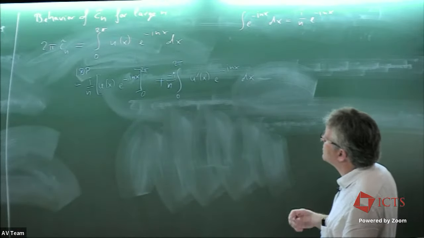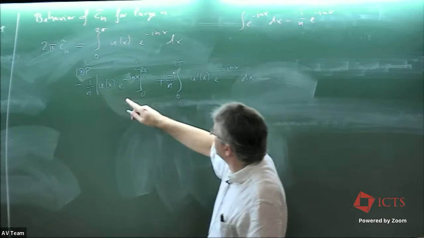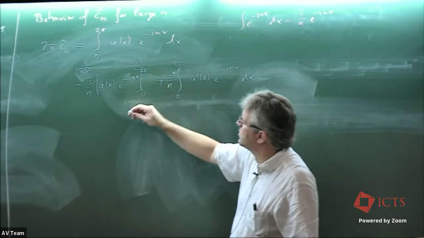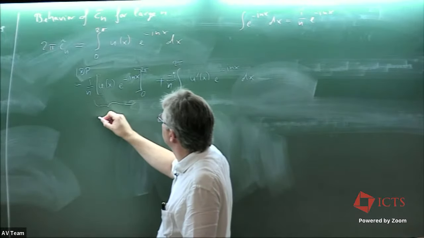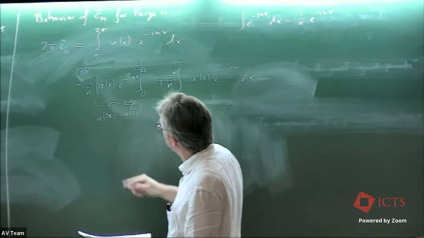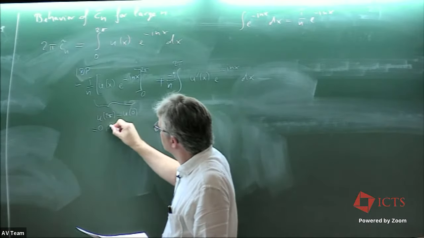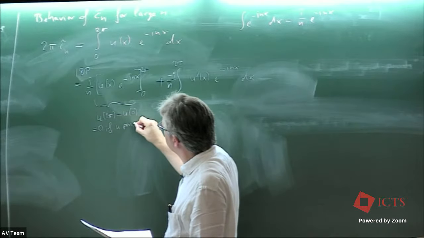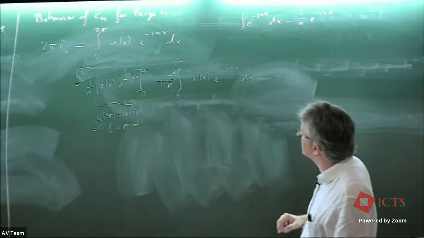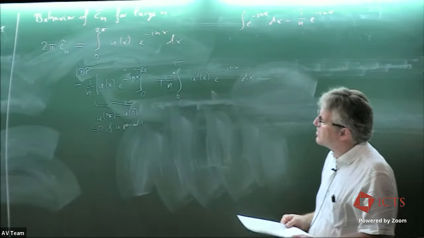Okay, now let's look at the boundary term. e to the minus i 2 pi n is 1 and e to the 0 is 1. So this thing here is u of 2 pi minus u of 0. And that is 0 if u is periodic. So we've gotten rid of this thing here. We're only having left the second term. And now we're going to integrate by parts again.